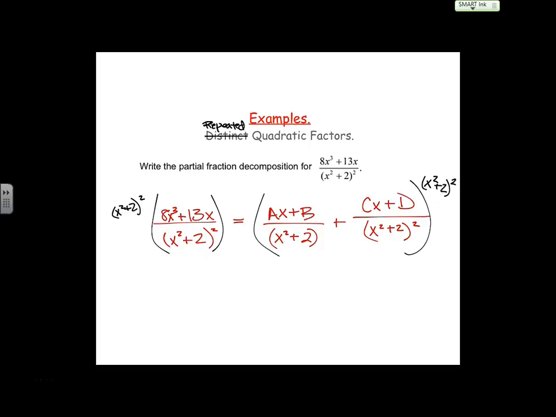What do I do once I multiply both sides? Oh, hey, what happens on the left? Cancel. On the right,